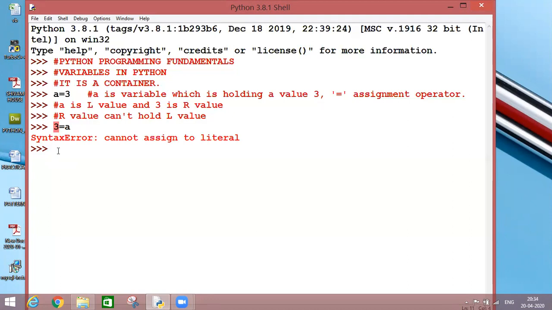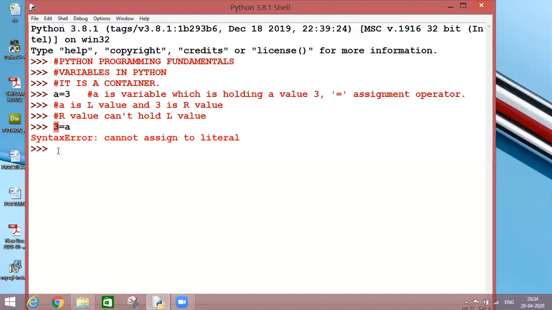Now another thing, as I have taken a, so a is my variable name. Now you must be thinking that every time we need to take only a as a variable name. So the answer is no. We can assign any name to our variable, but there are some rules behind it. Like anything we cannot write as a variable name. There are some rules on the basis of which we define and create a variable. So let us discuss all the rules one by one.